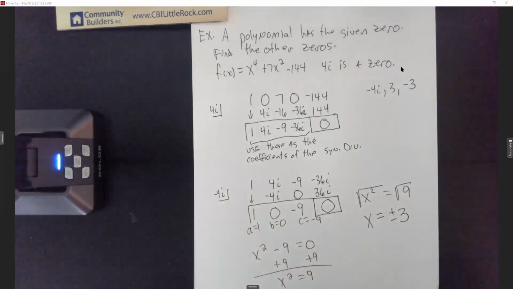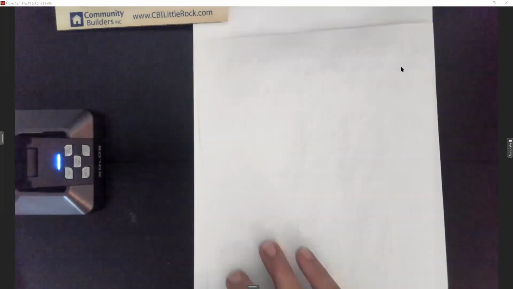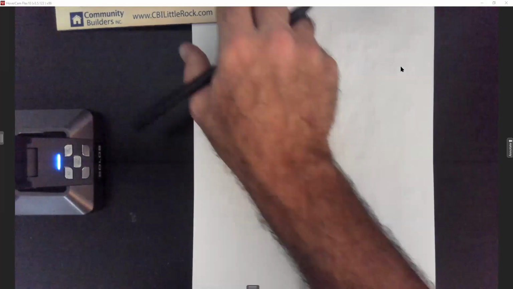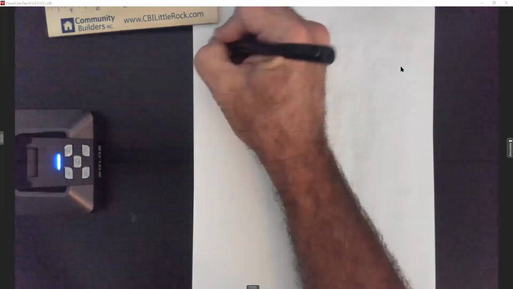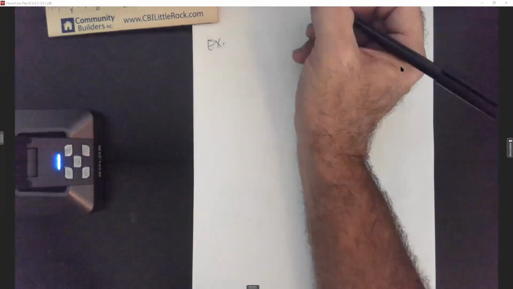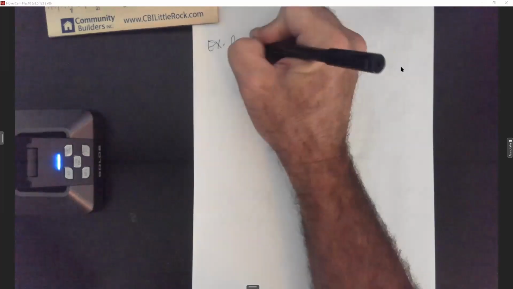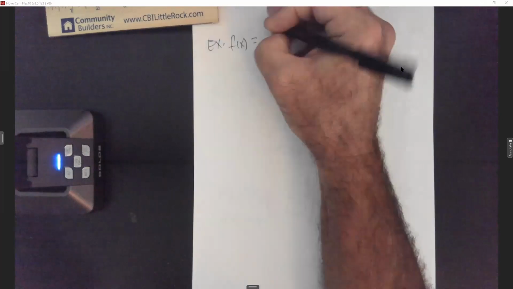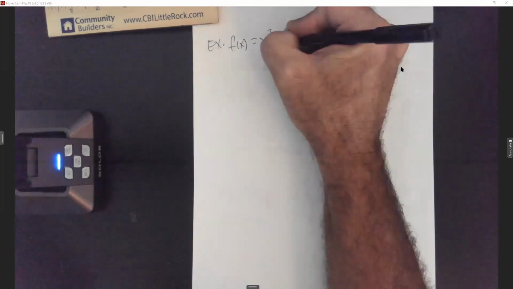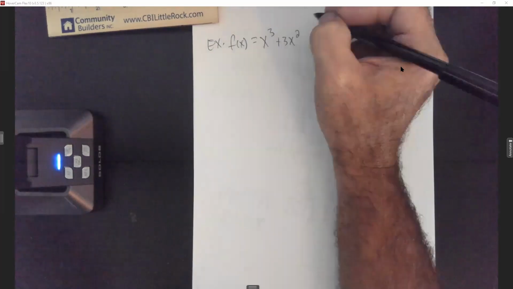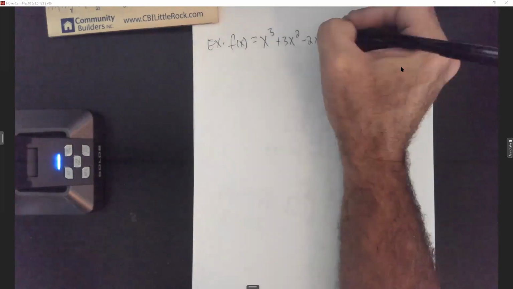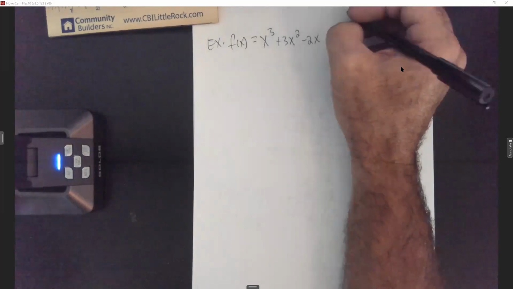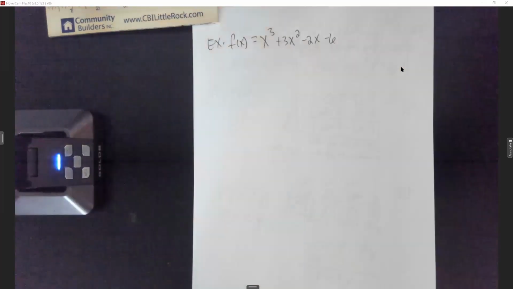All right, y'all, so let me see. I'm going to flip this over. So this one's doing the same thing. I'm giving you 1, 0. We're going to find the rest. So I got f of x equals x to the third plus 3x squared minus 2x. Oh, looks like a minus 6. The 0 they want me to have